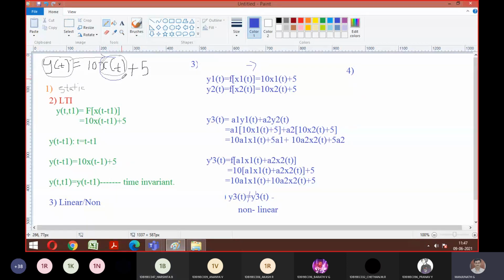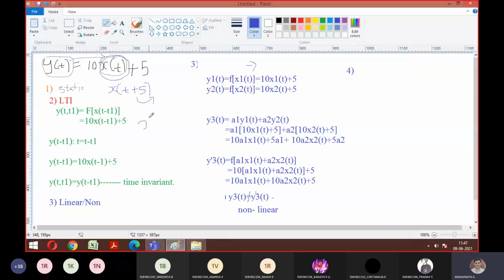So if this input is having any delay or advance, for example, if the question was given like x of t plus 5, x of t plus 5, what is the meaning of this? Is it present or past? Past, sir. So even if the question is like this, present or past, you can stick with causality.